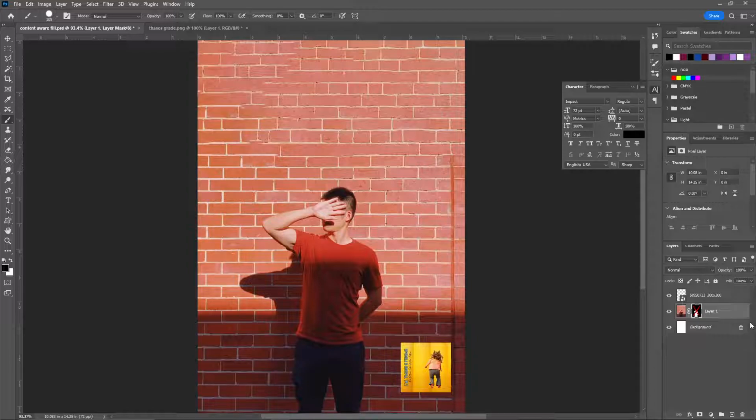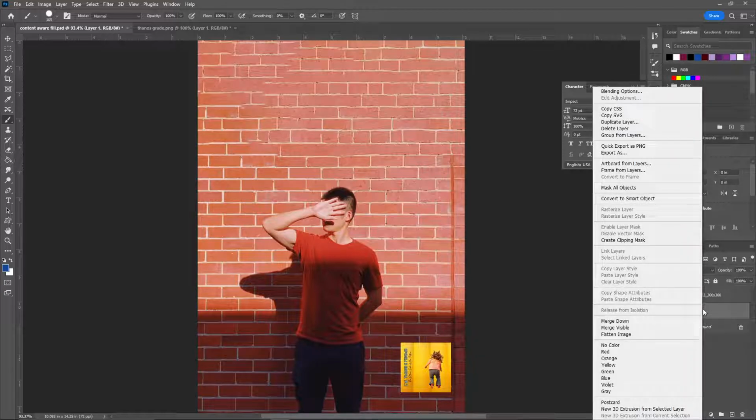Okay, obviously it hasn't affected my original. I can delete the layer mask if I don't like it. I still have my original. Okay, another way that you can non-destructively edit is by right-clicking on the layer, and you convert it to a